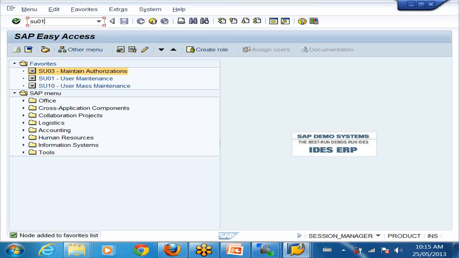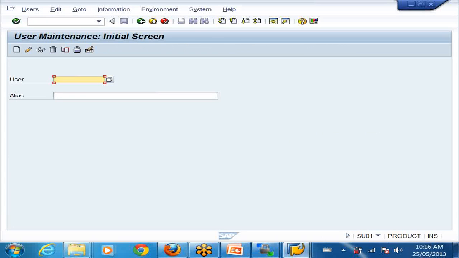So SU01, nobody has SU01 power except for you, security administrator. Basis guy doesn't have that power. Nobody else in the system has only security power. So they execute SU01. Then if I want to create a user, in this case, whatever user I create, I start with Z